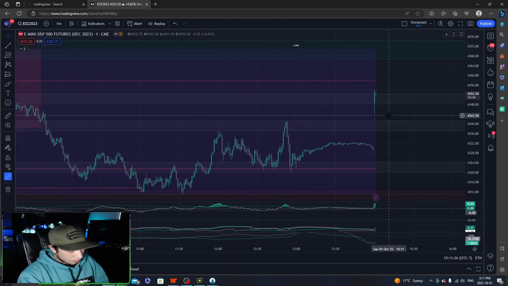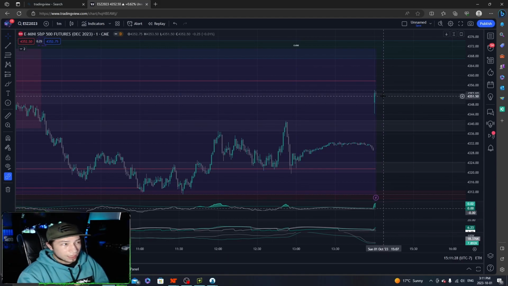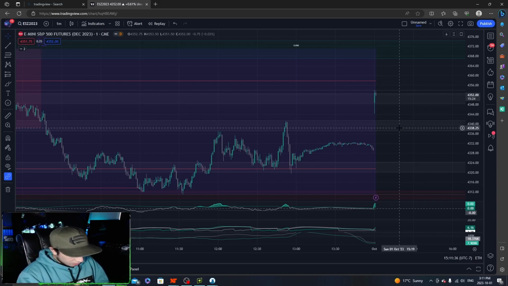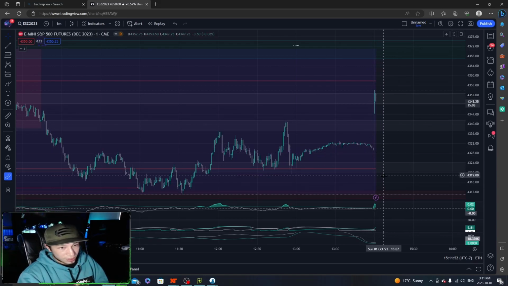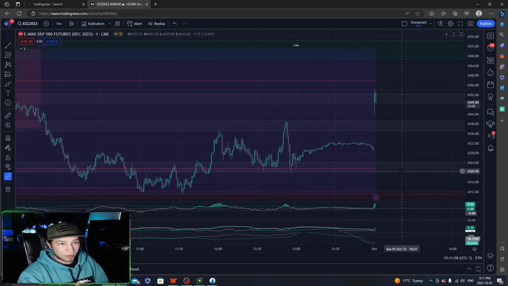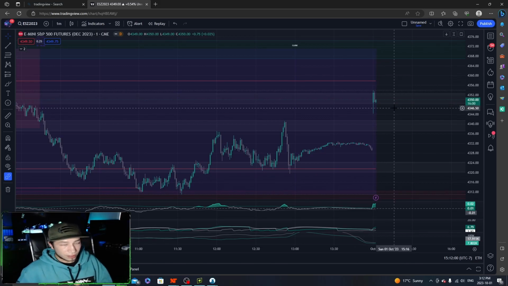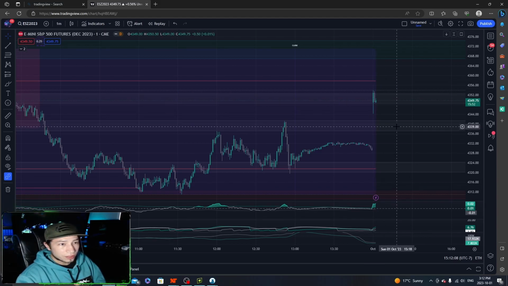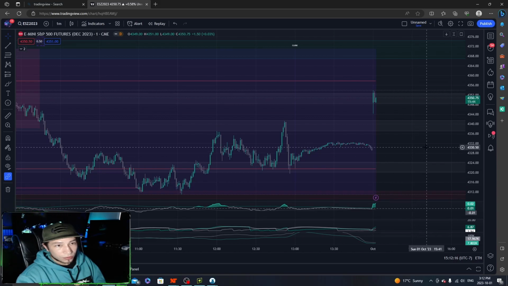That's play number 1. Play number 2 is it gets up to the high and it keeps going up and starts to form a trend. We're going to take the long on the dip if that happens. Outcome number 3, we would have pushed down off the open, which we're not getting. And outcome number 4 also would have pushed down off the open. So we're at scenario 1 or 2 right now. We'll see how this plays out. If it looks like it's going to start falling, we will take it down to this zone here and then see what happens, and then try to ride it back down, possibly to the open or to a recent low.